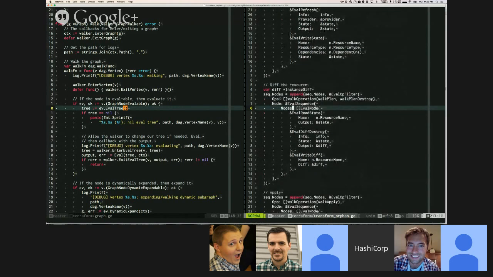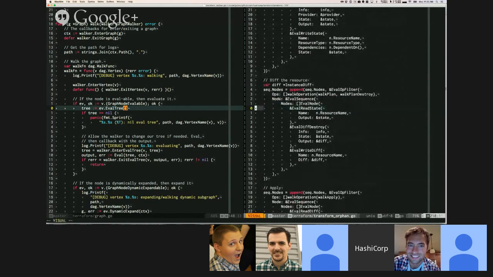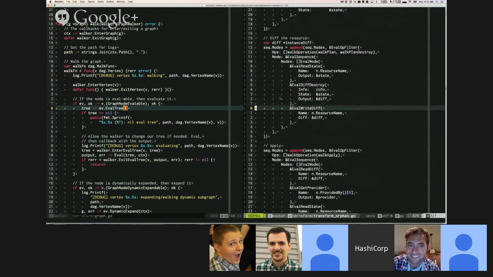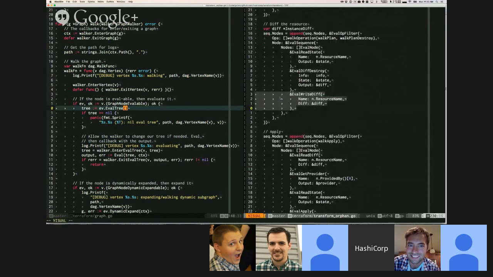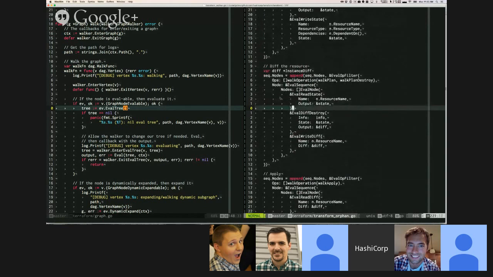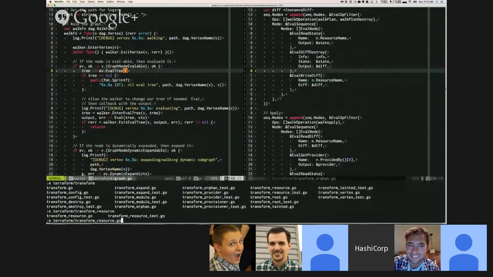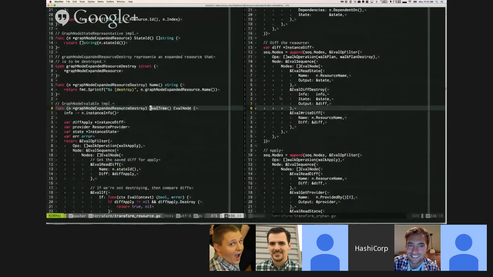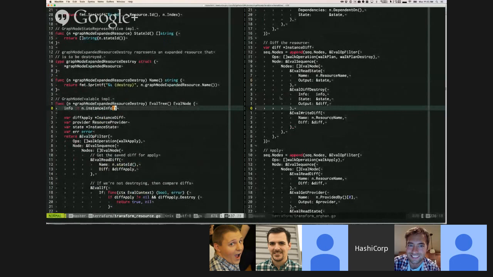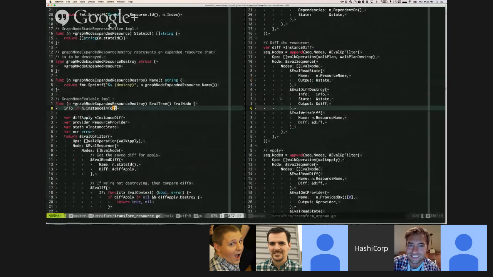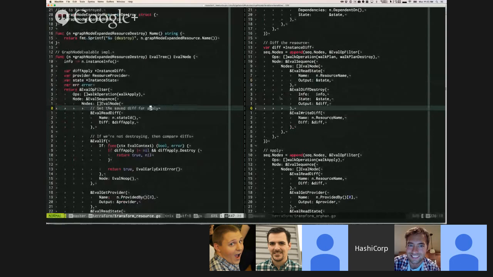So going forward, we can see how do we diff an orphan? We read the state and then we call diff destroy, which always makes a destroy diff, and then we write the diff to the output. And eval diff destroy is very different than if you looked at the regular, I'll just open it. So the regular eval tree of an expanded resource. So here's the eval tree of a regular resource. This one's the most ridiculous eval tree of all of them, but